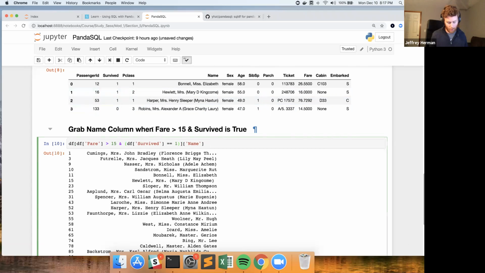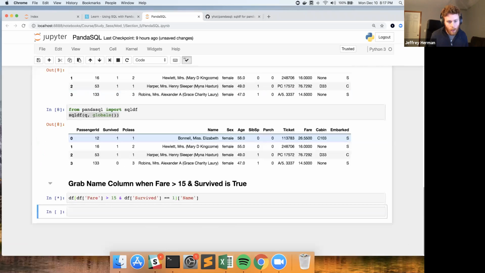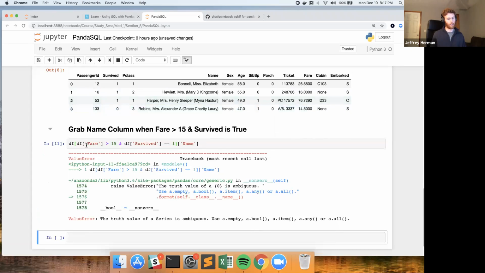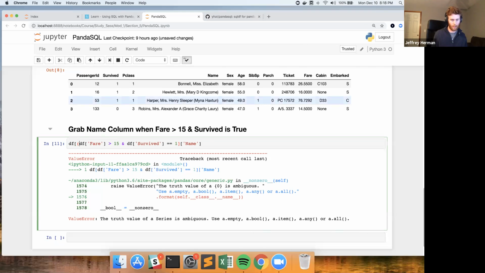So if I remove these parentheses, yeah, it doesn't like that. It doesn't know where one statement ends and the next one begins. So you have to put parentheses around your statements. I think a lot of Pandas errors are really good about telling you what's going on. I do not think this is one that's very good. So put parentheses around it,